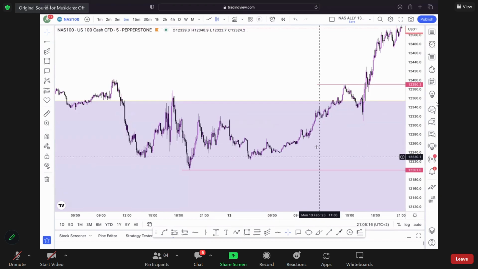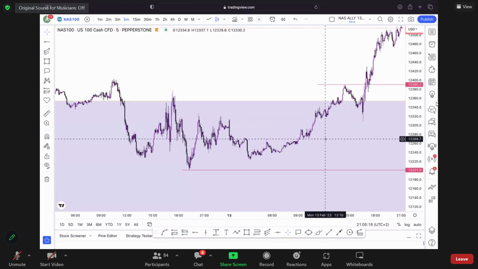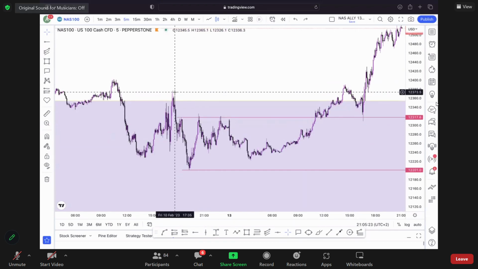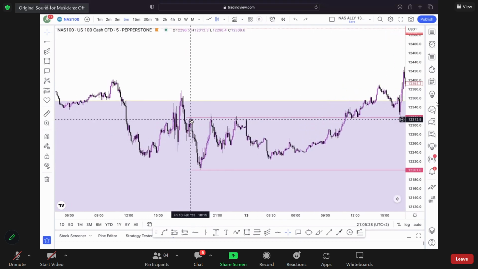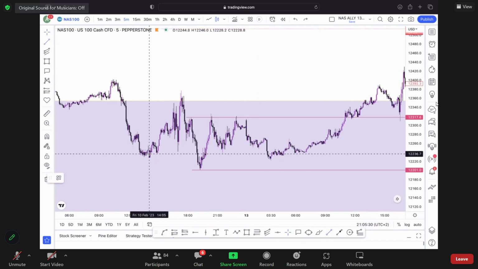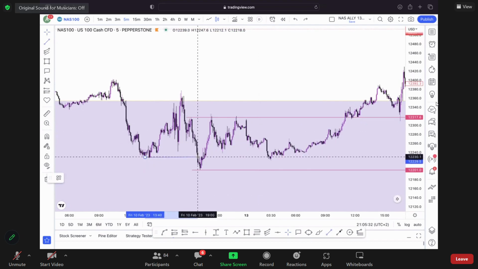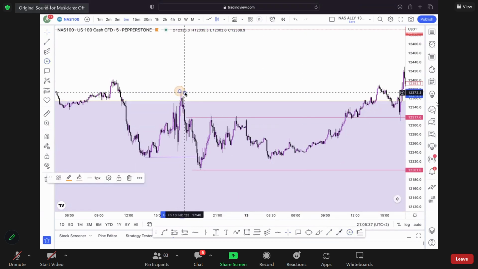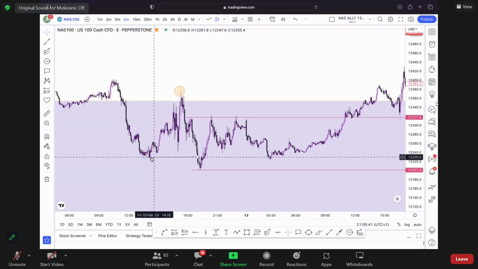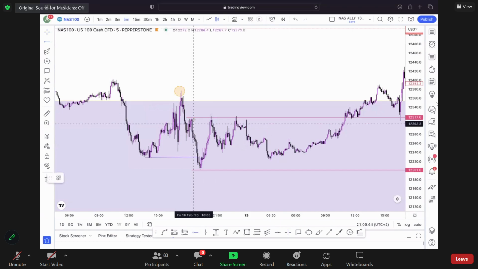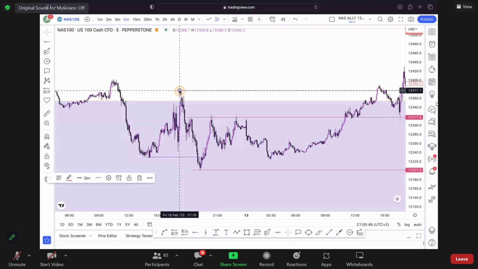Sorry, before we continue, quickly explain to me, why do we choose that high and not the one that actually caused the momentum to come down? That one, yeah. Remember, this is the one that had momentum to take out this low. But this one was the highest the market went before taking out the previous low. So this would be your swing, and this would be your fractal structure.